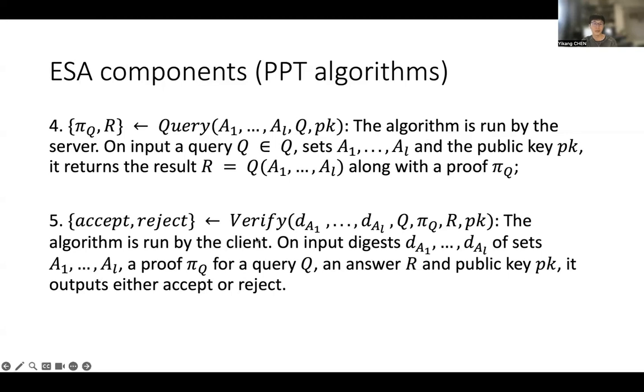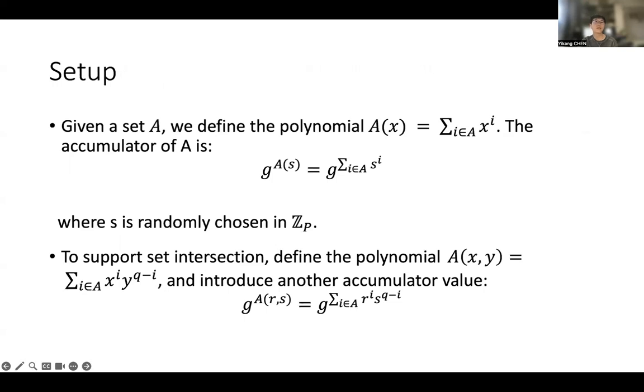It receives the digests DA1 to DAL of the sets A1 to AL, the proof pi_Q, the corresponding query Q, the answer R, and the public key PK, and outputs either accept or reject. So that's the whole process. Let me show more details.